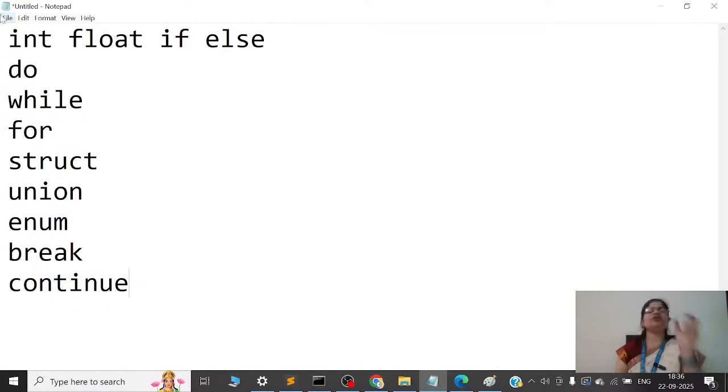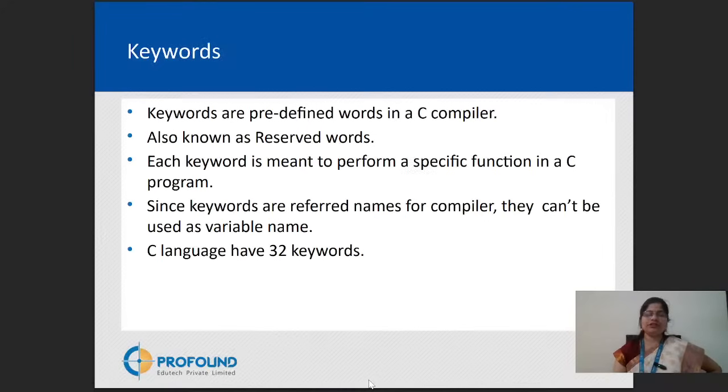So these are keywords. They have some specific meaning, so you need to utilize them as per their purpose or meaning. So these are the keywords.